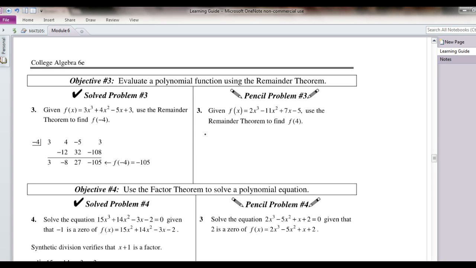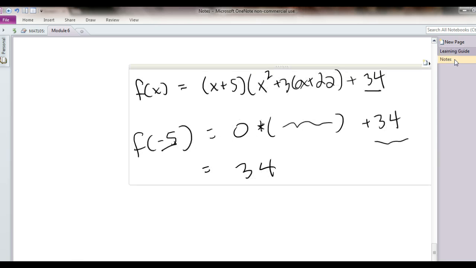So basically our step 1 would be divide 2x to the third minus 11x squared plus 7x minus 5 by x minus 4. Why x minus 4? Because x minus 4 corresponds to the 0 x equals 4, which is what we're plugging in. So let's do the division in the notes so we have a little bit of extra space. So 2, minus 11, 7, minus 5. So we want to do